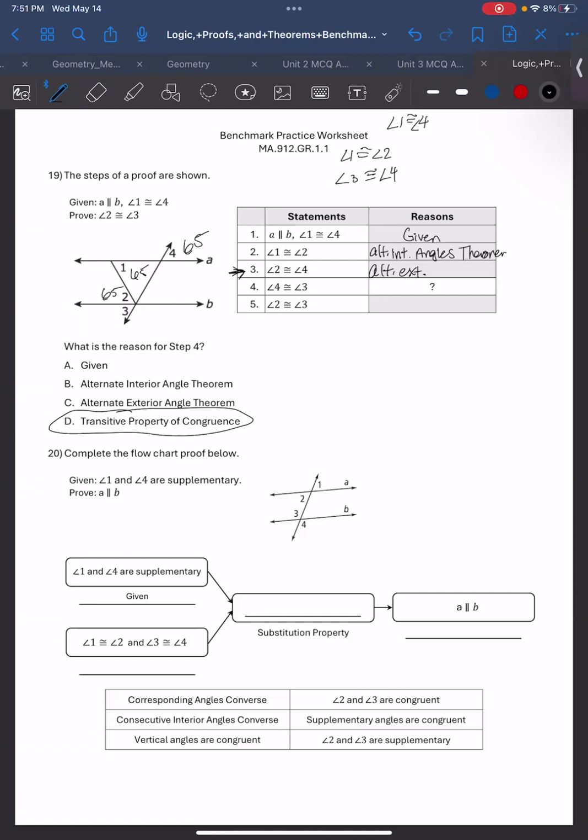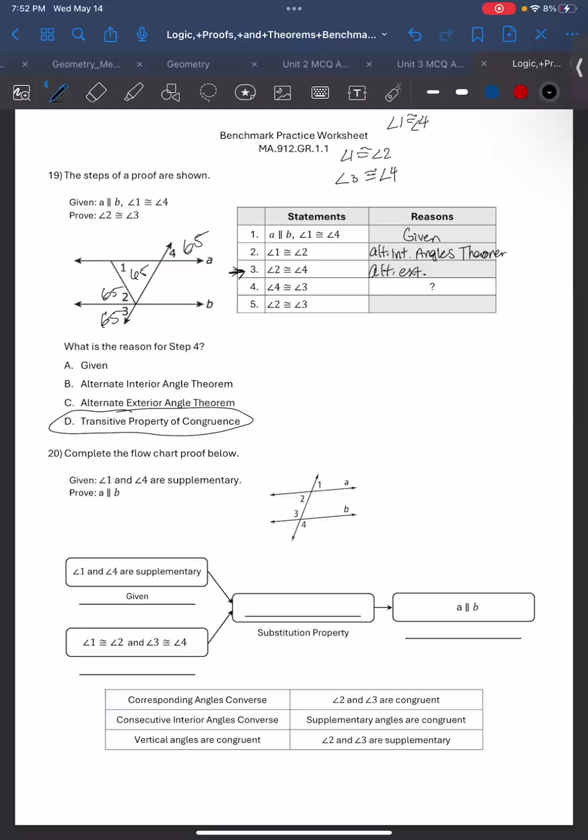Then I can say, well, angle 3 is also congruent to angle 4 because they're alternate exterior angles. So 3 is also 65. You see that? So what we're basically doing is connecting and going from point to point to show you that they're all connecting. So angle 4 is congruent to angle 3